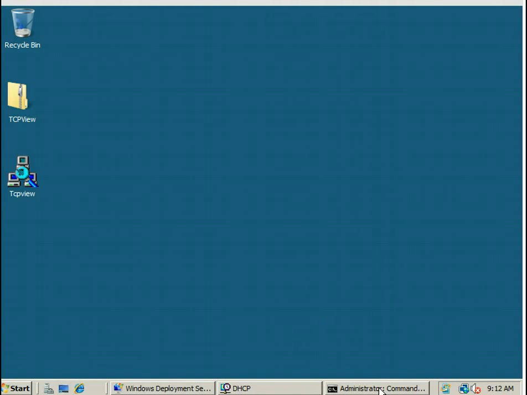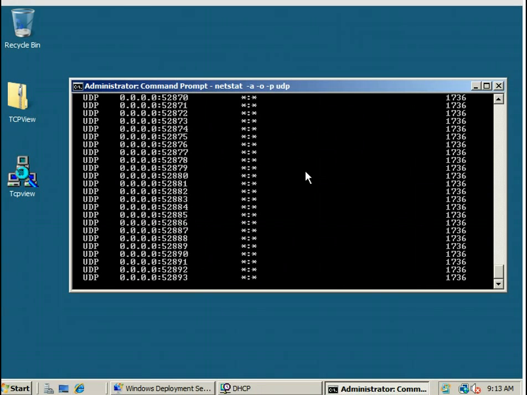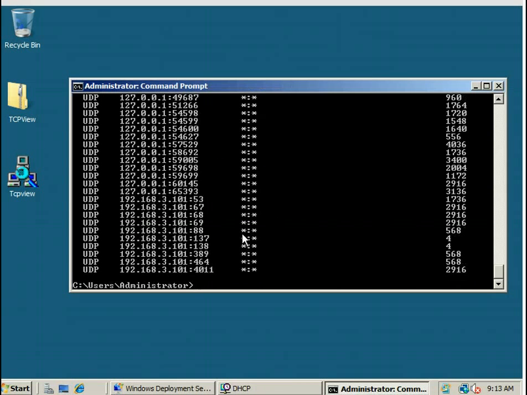One of the tools that we can use to find out what's using what, and I've already got the command in here, is netstat -a -o -p, and what I want to look at is the UDP protocol, because I want to know what's using my DHCP ports. DHCP is a UDP protocol. So if we do that and let this run for a few seconds, go down to the bottom, we see that 67 and 68 as well as 69 here and 88 are being used by process ID